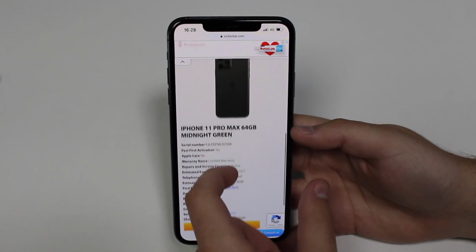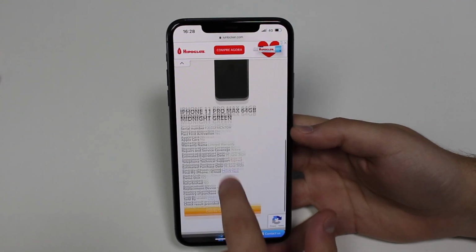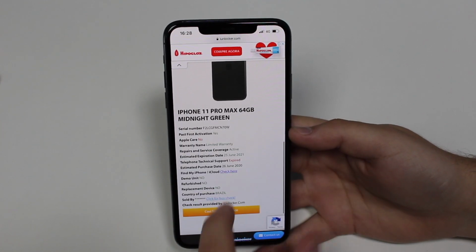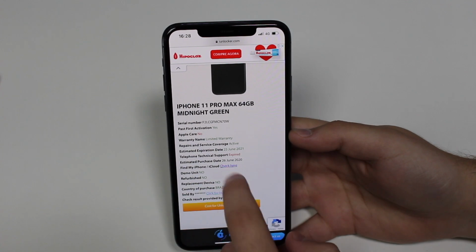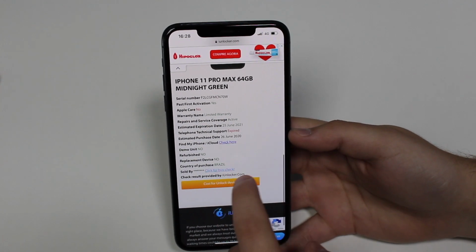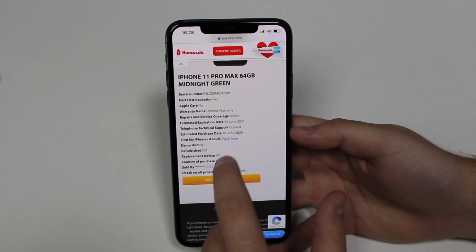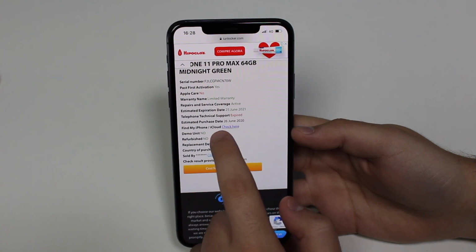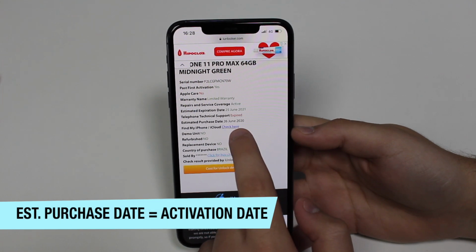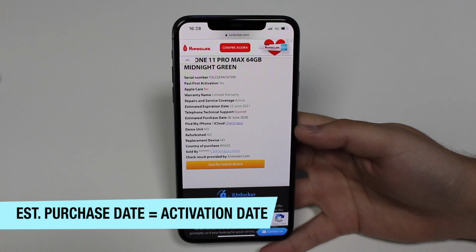And then you're going to scroll down, and as I said, that's the information that your serial number will give you. Your iPhone model. It'll also say about your warranty information, right? It's limited. It's going to say that it is still active because my iPhone is new, right? And then what we want to see actually is the estimated purchase date. So then the 26th of June of 2020. So this is when my iPhone was activated.